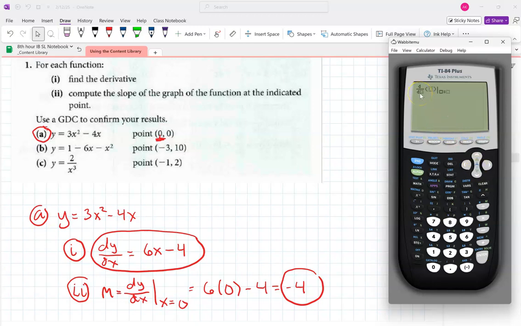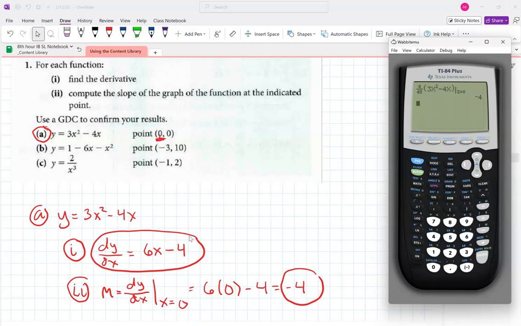So it's putting in the derivative operation for me, that d/dx. So I need to fill in the x. And then I'm going to type in my function that I'm taking the derivative of. So that's 3x squared minus 4x. And then we said x is equal to 0. And there it spits out -4 for me. So it's doing the same thing that I'm doing by hand. What your calculator can't do for you is spit out the formula 6x minus 4. But